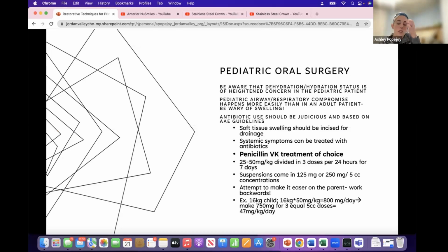So with pediatric oral surgery, and especially if you are performing complete oral rehabilitation under general anesthesia or working with an oral surgeon to do deep sedations, just know that dehydration and hydration status is of heightened concern in the pediatric patient. Pediatric patients are much more likely to become dehydrated than an adult patient. So if you are performing those procedures, knowing how long they have been NPO and being able to get them back to proper hydration status is going to be really important the day of the